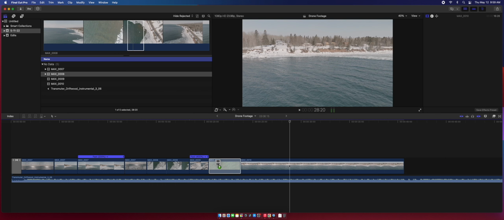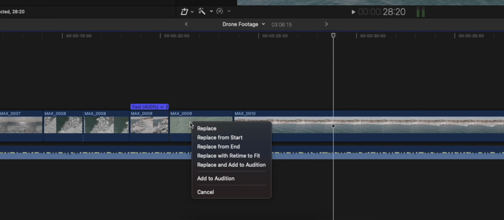So I'm going to click and drag, hover over top, give it a second, and then let go. And then it's going to say, okay, do you want to replace the shot completely? Replace from the start, in other words, where my clip starts at, it's going to start at the start there. Replace from the end, same thing, just from the back end. Replace it and retime it to fit so that if I'm taking this clip, which is about a 30-second clip, putting it in there, which is 5 seconds, it's going to go ahead and automatically speed it up. Or you're going to replace it and add to Audition, which Audition is a tool that I don't really use, but it can be useful, where you can kind of replace different clips and just see how they time out